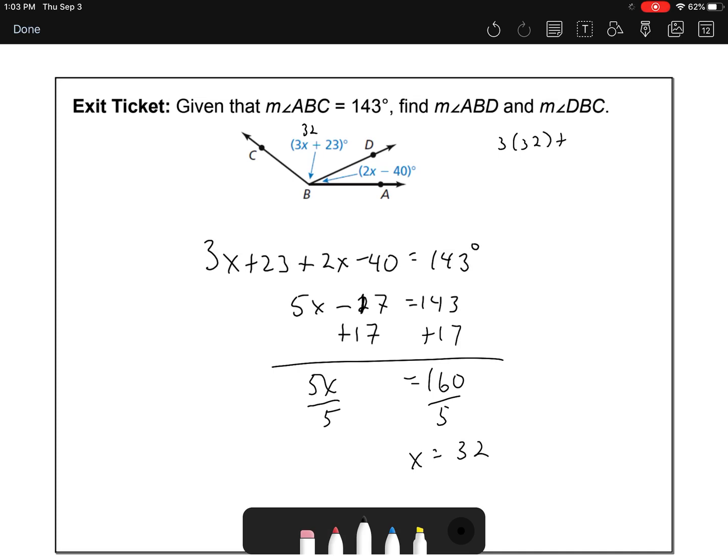So we plug 32 in there. 3 times 32 plus 23 is 96 plus 23, which is 119. And if we take 2 times 32 minus 40 is 64 minus 40, which is 24. Does 24 plus 119 equal 143? And the answer is yes. This concludes